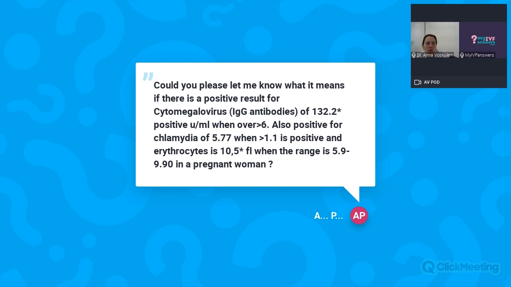Then positive for chlamydia. There are different tests for chlamydia, so it could be something that you had in the past. For sure, I would look at everything super carefully with your obstetrician and check that everything is correct. For chlamydia, normally it's better to do a PCR test in the cervix because it's more accurate, and because some antibodies of chlamydia can stay positive because you had it in the past, or there can be cross reactions and it's a false positive. But it's something that we should look at.